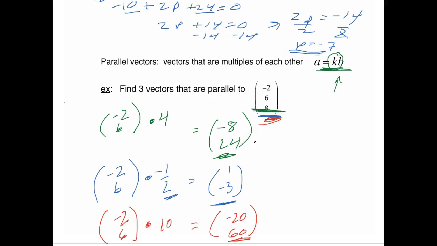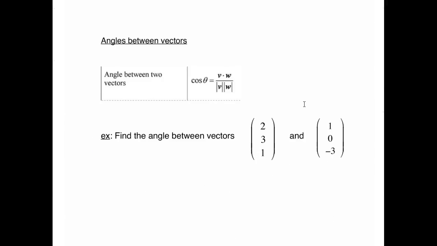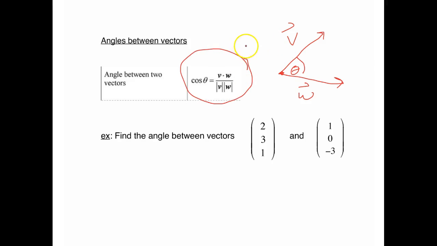That's the idea. The final advanced vector operation is how to find the angle between two vectors. So if I give you a vector here, and another vector here, let's say vector v and w, you want to know how to find the angle between those two vectors. Well, just like everything else, there's a formula for it. And we know how to do everything in this formula. That first part, you take the dot product of those two, or I should say the scalar product of those two,